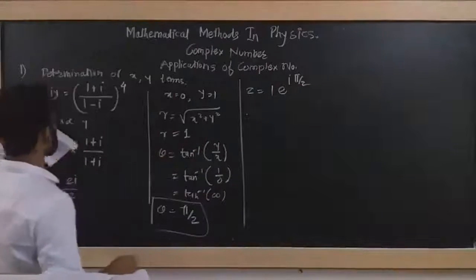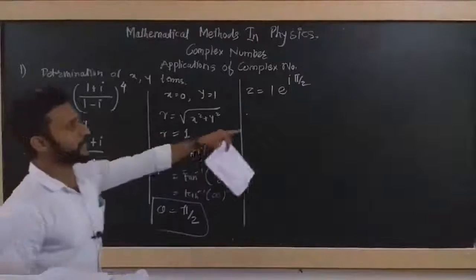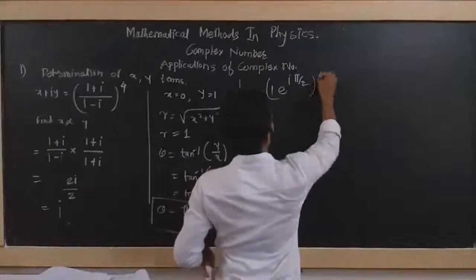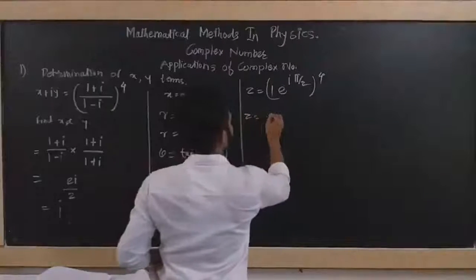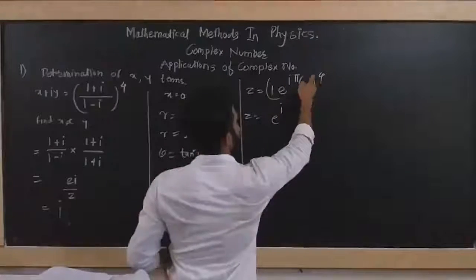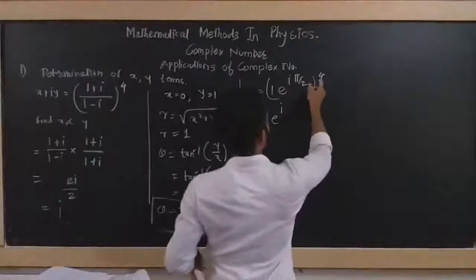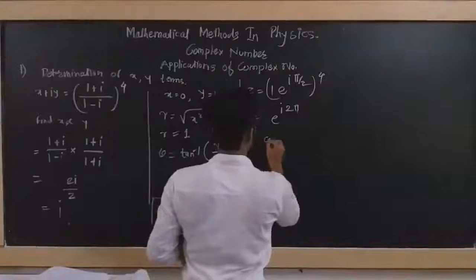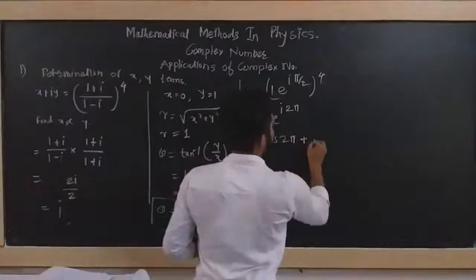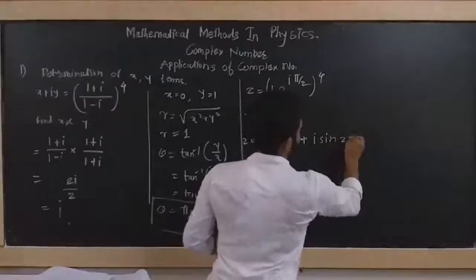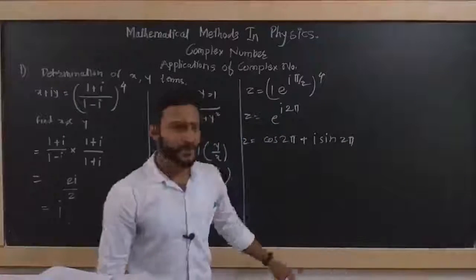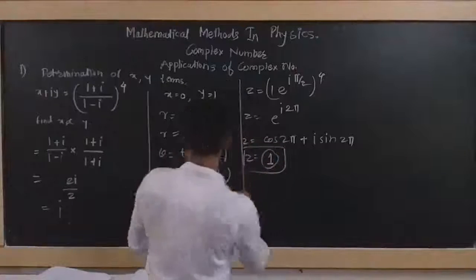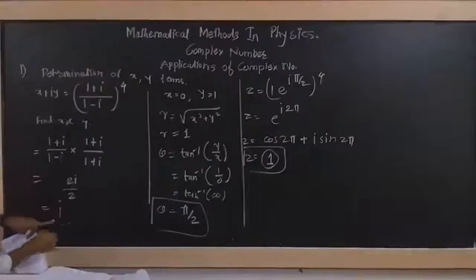Alright. Now we can find the power of the given complex number. We just transferred this x and y form of the complex number into exponential form. We have a power raised to 4 here. So z is equal to, again we can write, e raised to i, just simply multiplying this power, i 4 pi by 2, so i 2 pi. Now z is equal to cos 2 pi plus i sin 2 pi. Sin n pi is 0, so sin 2 pi is 0 and cos 2 pi is 1. So z is equal to 1.